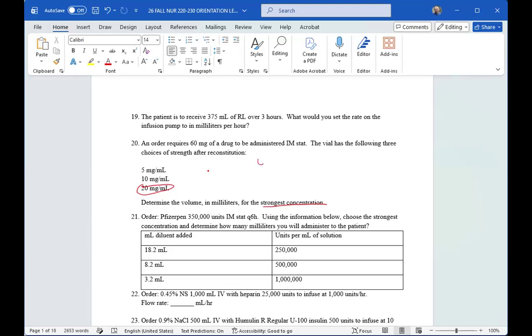And then when you are doing your calculation, this is where you could just do your ordered over available times your 1 mil. And then your answer for this would just be the 3 mil. Hopefully you've seen this one already. Like you should have seen it last semester with 130. Same thing with this question. This is an example of a